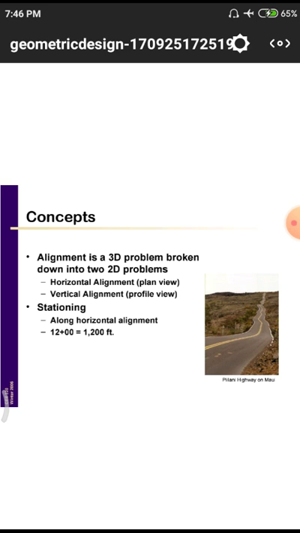The alignment is a 3D problem broken down into a 2D problem. That means 3D means three dimensions. Normally we have 2-dimensional figures in our textbook knowledge, but in these PPTs we have to observe these 3D philosophies also. Why? Because we are having clear-cut images. By using those images we have to understand the subject with better knowledge. First one, broken down into 2D problems. 3D images means normally three dimensions.